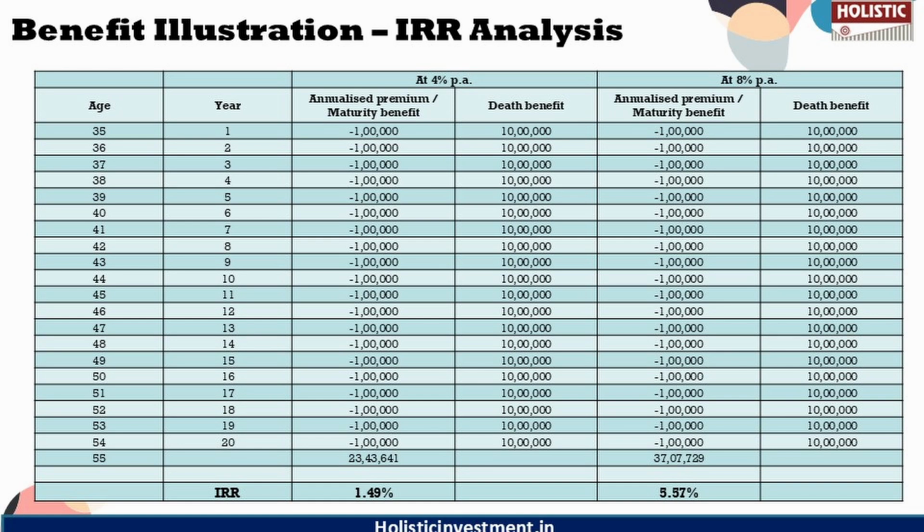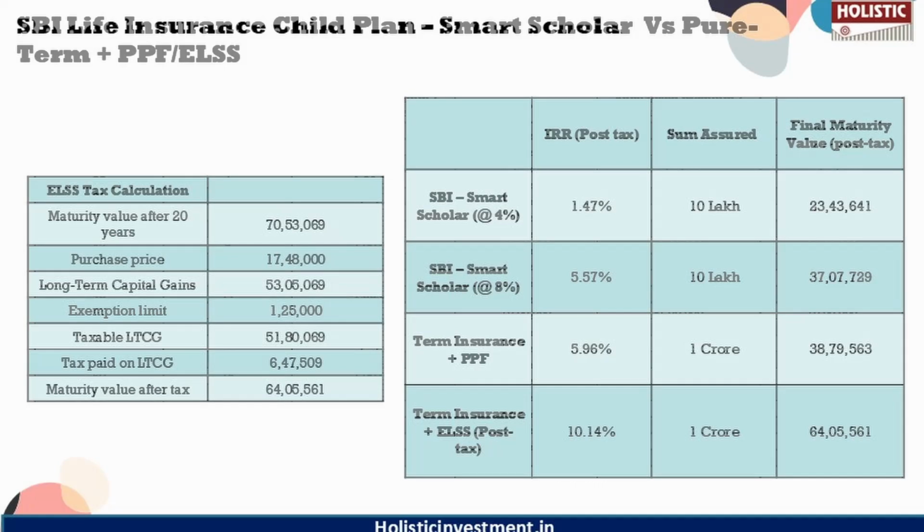You still can't consider this return as an inflation beating return, which means this policy is not giving us sustainable returns in the long term to help us achieve the inflated cost of the educational goals of a child. Now, as this policy is not giving us the desirable outcome that we need, let us move on to a comparative analysis where we are going to invest in an alternative strategy where we are going to invest in insurance